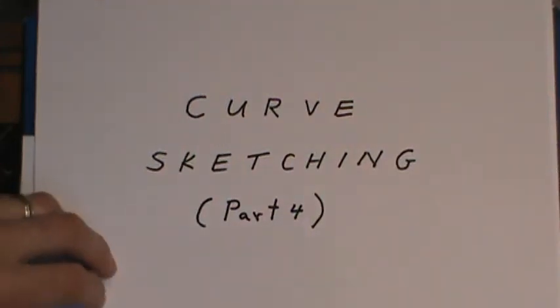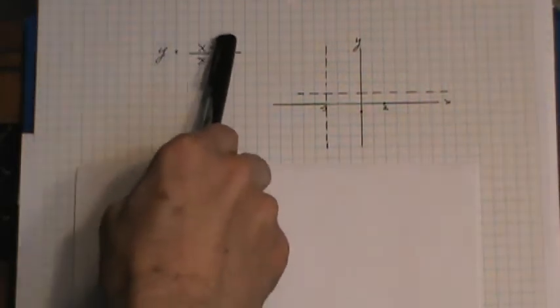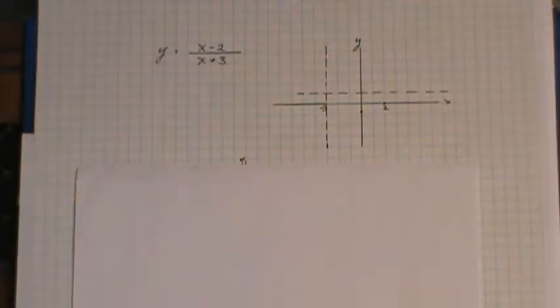In my fourth video on curve sketching, I'm going to look at what we call rational expressions. Rational just means fraction. You have a term on top and a term on the bottom. Now, I'll be talking a lot about asymptotes here, so if you're not familiar with asymptotes, I have a video on asymptotes, which you could probably look at first, because I'm not going to do a lot of explanation about